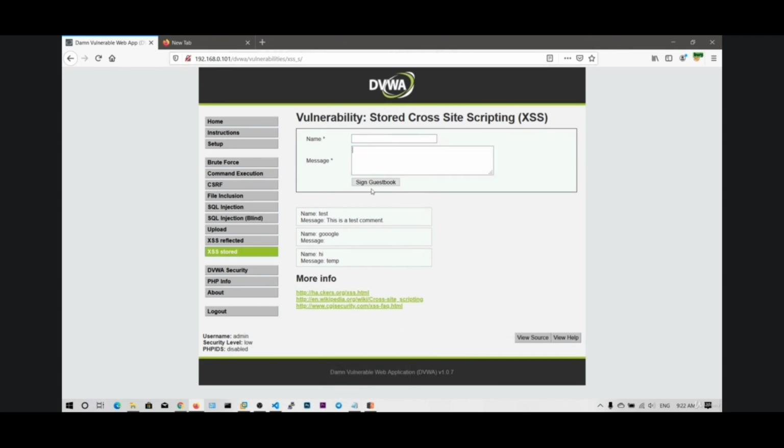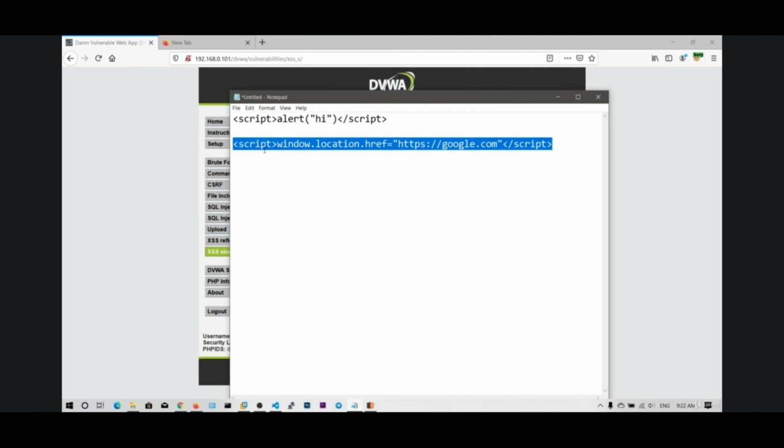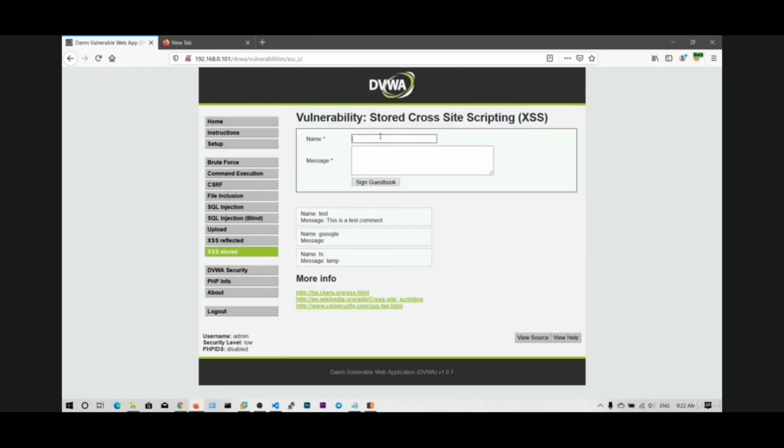Okay, this script has not been sent over this URL. Maybe that's why we are not getting redirection.